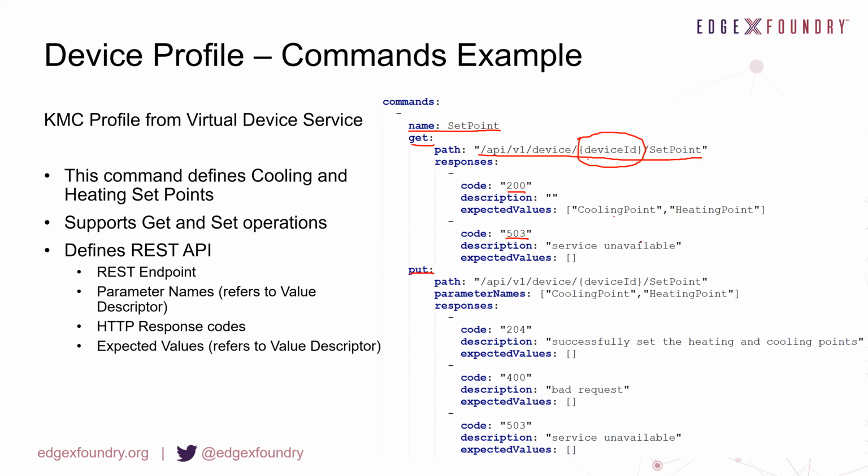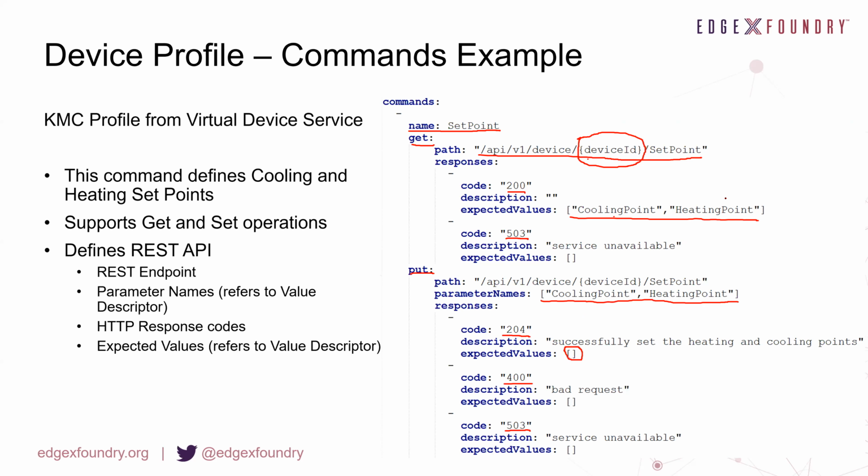Keep in mind this is the HTTP GET, so we're expecting to get back the cooling point and heating point as a result of this command. On the PUT method, we're actually writing to these values at the endpoint device. So we're going to be passing in a cooling point and a heating point to be written to the actual device. It's either going to be successful, it will be an invalid request, or we will have a service unavailable. And in each case, we will be expecting that we're not getting any values back other than a success